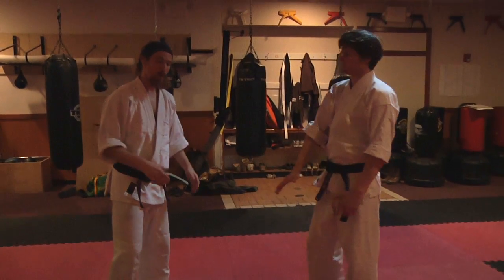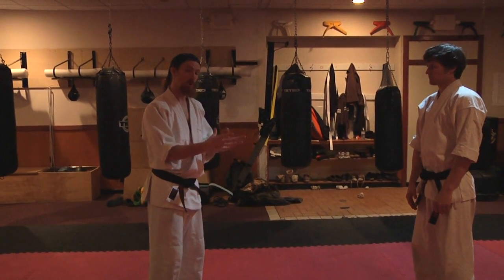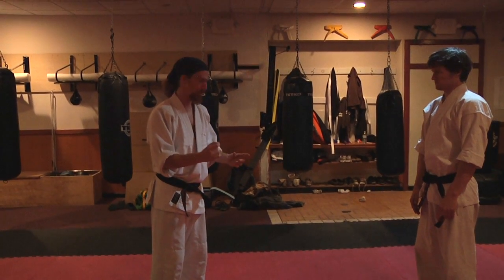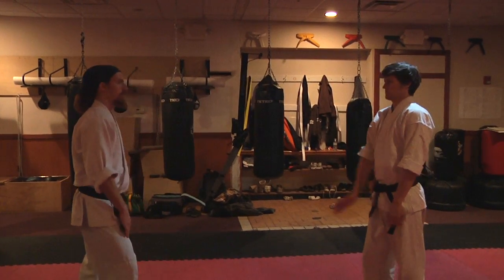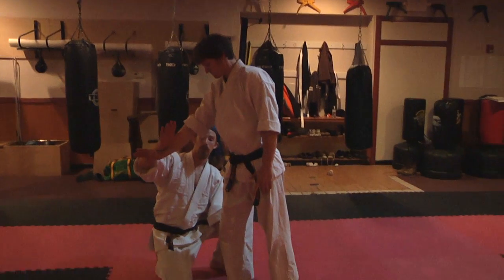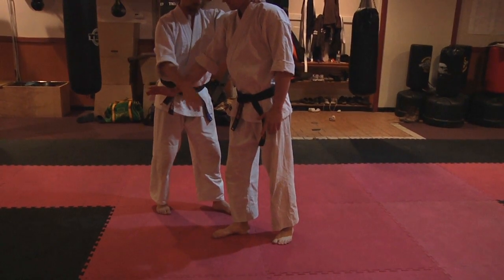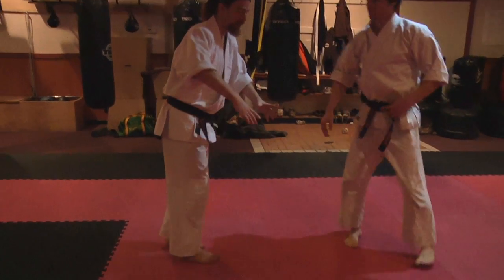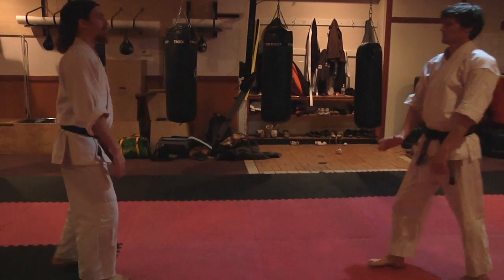The insight I want to talk about tonight is thinking about two sort of cones with Iriminage. So it's where you place the jiku. So the first cone, if you would attack me with a shomanuchi, Eric comes in, I'm getting out of the way. Now the first cone is going to be this foot here. I'm going to pivot Eric around the foot, so I'm making a cone around that foot. So ideally, we keep it small down here and big up here. So as Eric comes in,